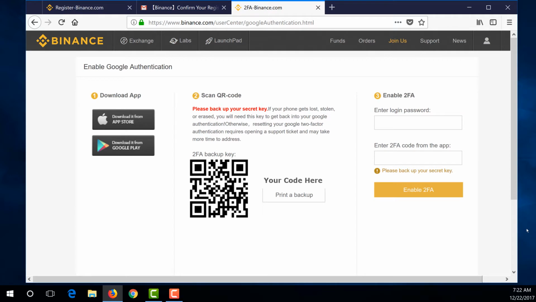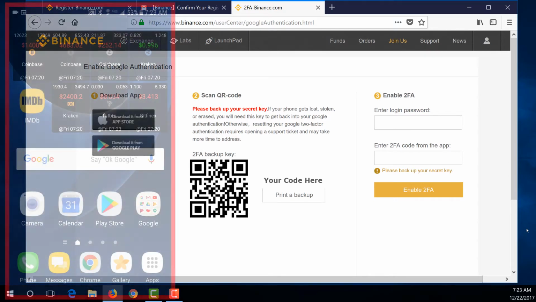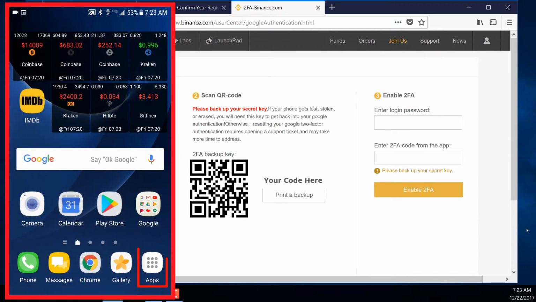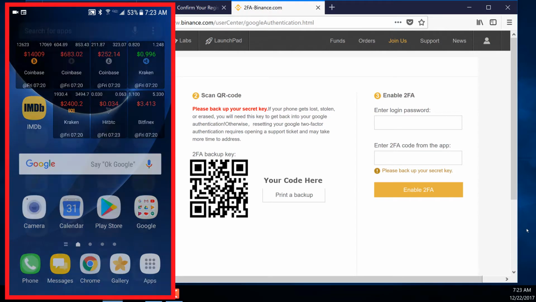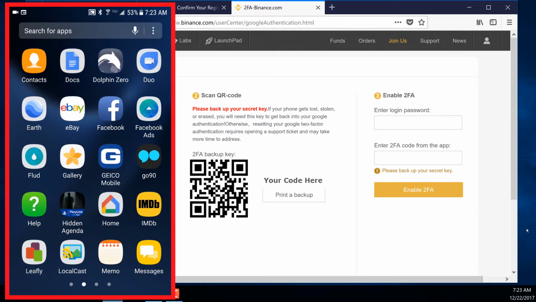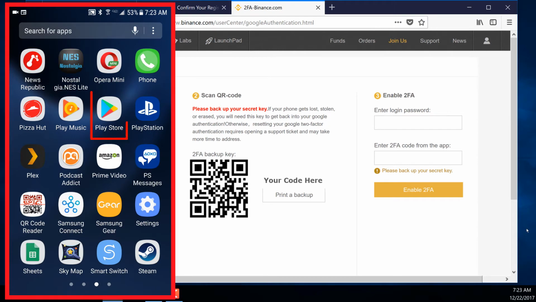The Enable Google Authenticator page opens. We first need to install the Google Authenticator app on our smartphone. For this tutorial, we're going to use and install the Google Authenticator app from an Android phone. From your Android phone, select Apps in the bottom right of the screen. Find the Play Store and select it.